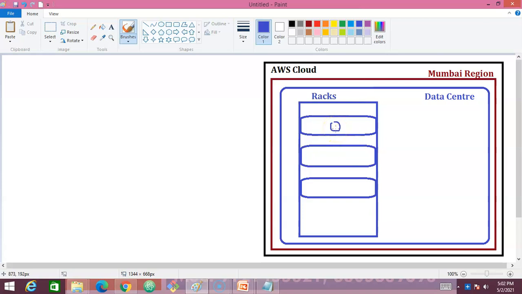And you all need to be aware that AWS is a public cloud. When I say public cloud, anybody can access the AWS website. You can access it, I can access it, or any of your friends can access it. Then you need to be really careful. If everybody is accessing it, I can work on the Mumbai region, you can work on the Mumbai region, your friends can work on the Mumbai region.